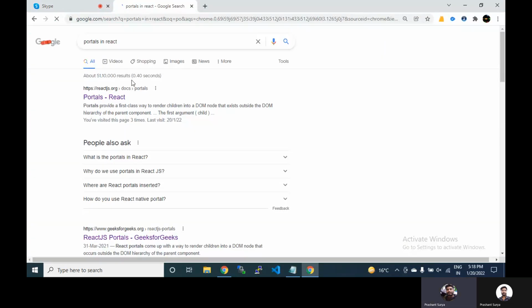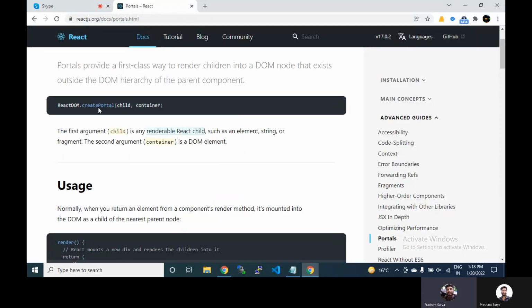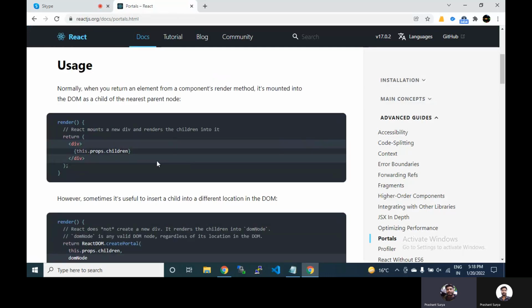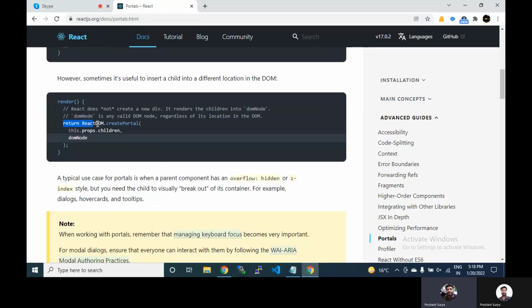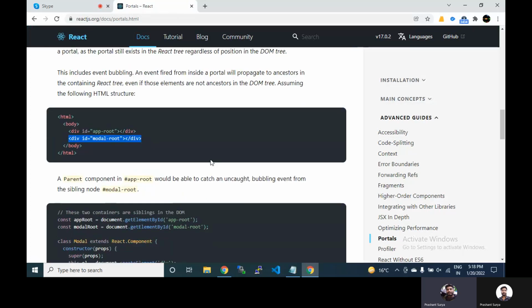You can see it here, portals in React. You can use ReactDOM.createPortal. In this case, you can return createPortal, and this is your children, whatever you have wrapped, and this is the DOM node in which you have to bind. So the example is that you have the main React root, and this is the modal root.